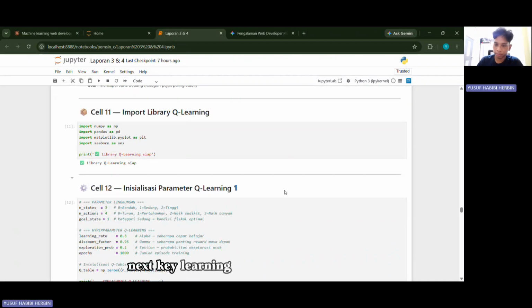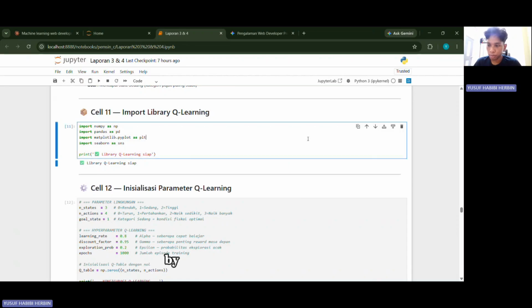Next, Q-learning. We start first by importing the libraries needed for Q-learning.